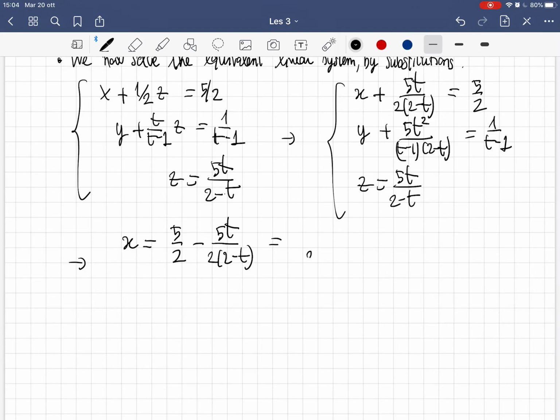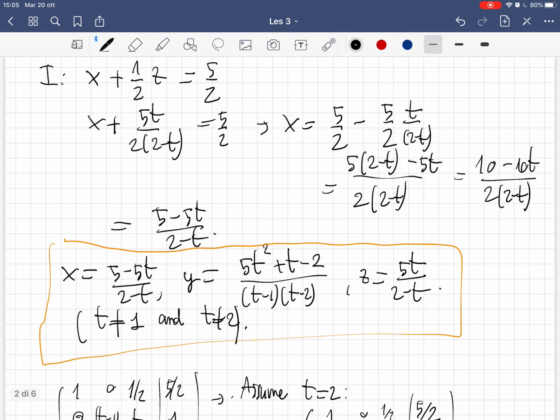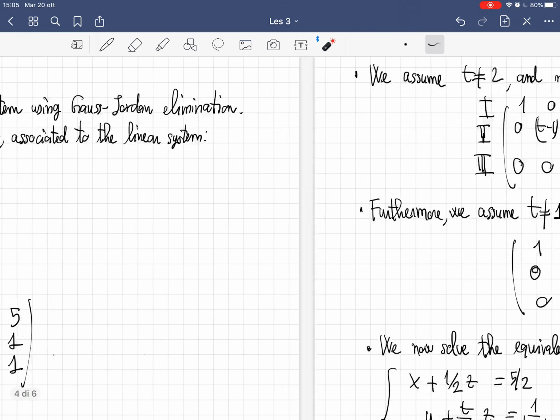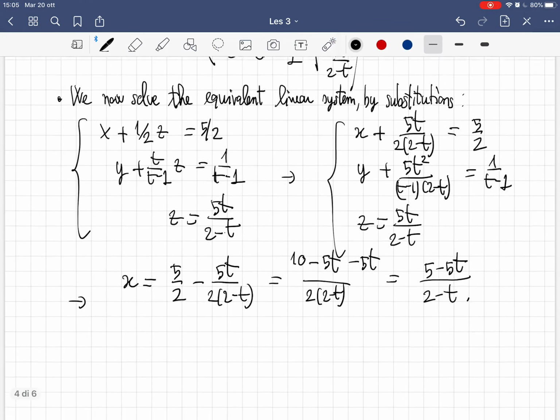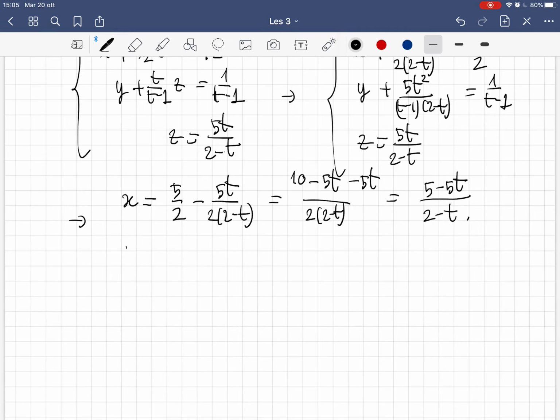Here I'm writing all the details. So what is this? 10 minus 5t minus 5t, which is again 10 minus 10t divided by, so it's going to be 5 minus 5t. Okay. And it looks like it's the same as we've had before. 5 minus 5t over 2 minus t. That's okay. Very good. As for the other, y is then this minus